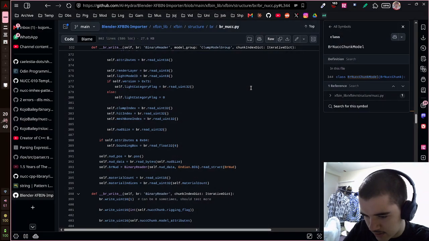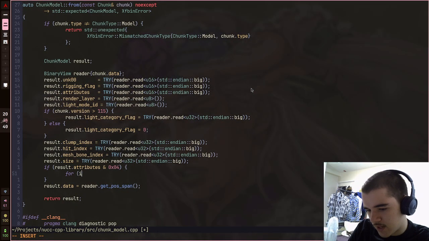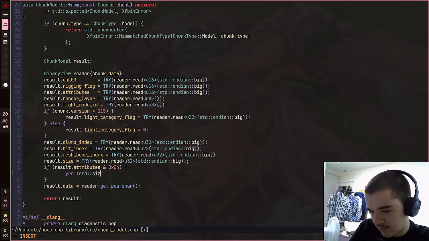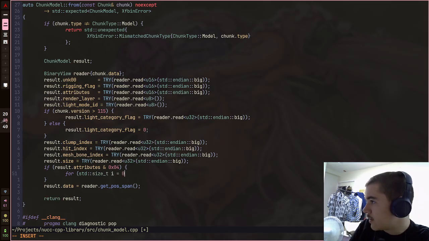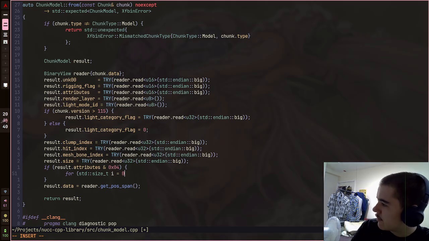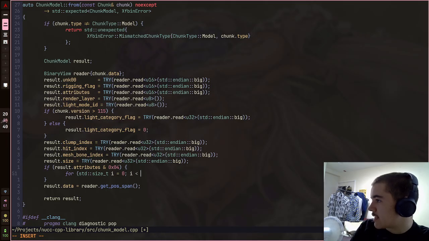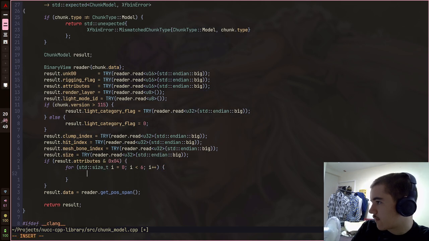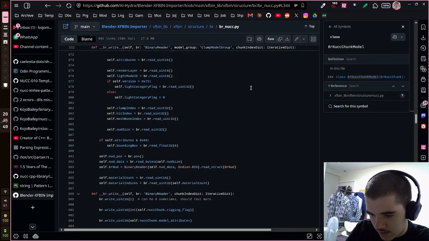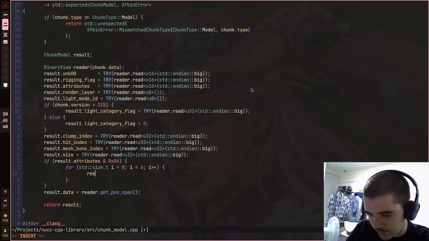So for size t i equals 0. Yeah, I don't have a way for this, do I? Like a way to read arrays. Huh. I is less than 6. Just say that result dot bounding box at i equals